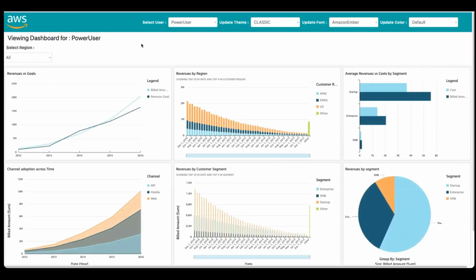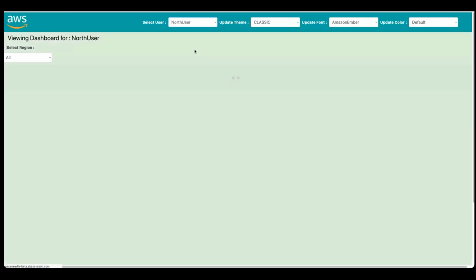And what you can do is that you can also change the theme programmatically. Here, anything above these visuals is part of my application, and anything below this is from QuickSight embedding, right? So first, let me change a user. Now what you can do is have some personalization option in your application, where for a specific user, you could set the theme to be something different from what the original theme in which the dashboard